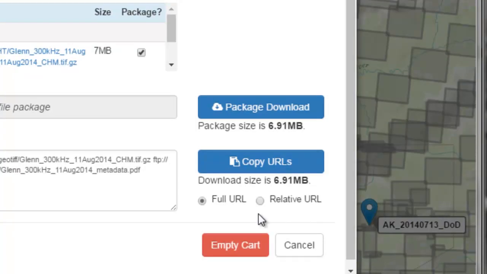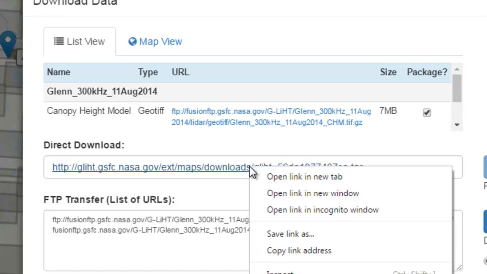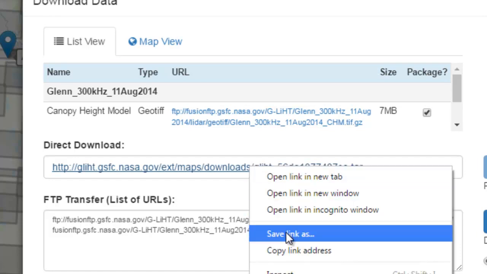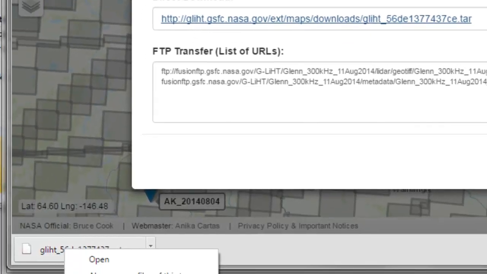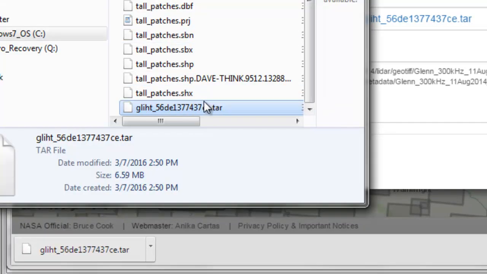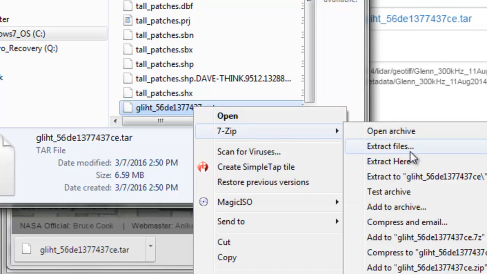And I will download it as a packaged document. So, and then here's our download link. That's going to be a tar file that we're going to unzip. So I'll save that, and then we'll unzip that file. So show in folder, and then right mouse click, 7-zip, or whatever you use to extract your file, and we'll